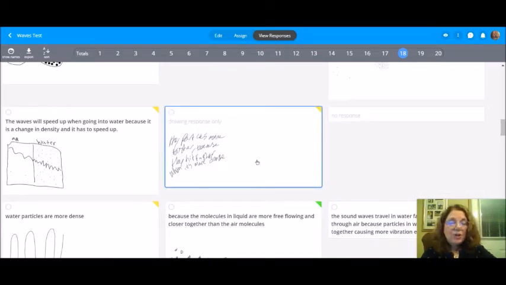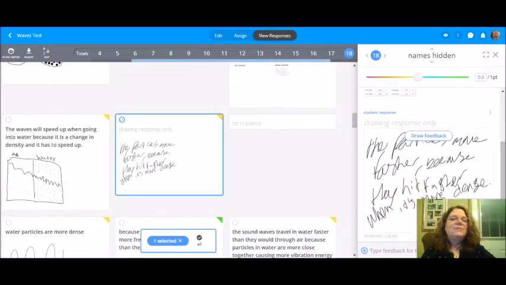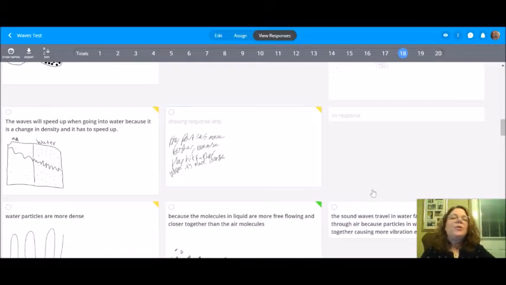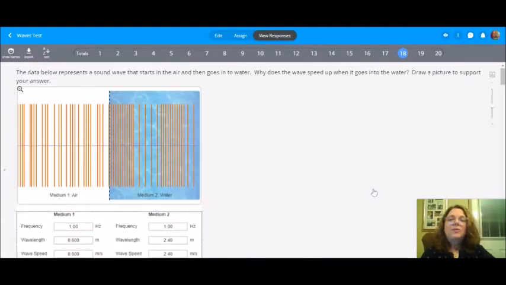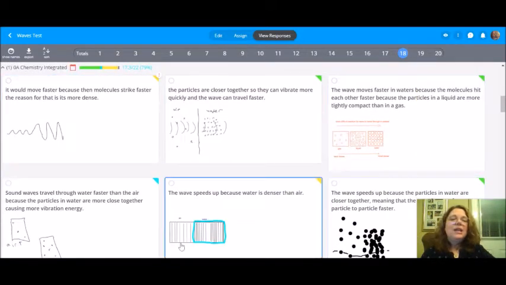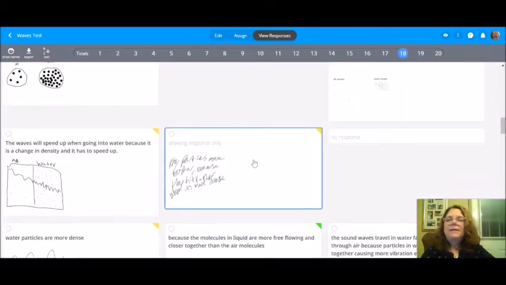and you may need to train your students to type, okay? If you don't, you may get something like this, where you have to pull it up and look individual by individual, because I can't read quickly from the screen what this student has written. But the great part and the quick part of Go Formative is that I can pull these up, I can see what they've answered, and if I see some students that are giving me the same answer, I think I